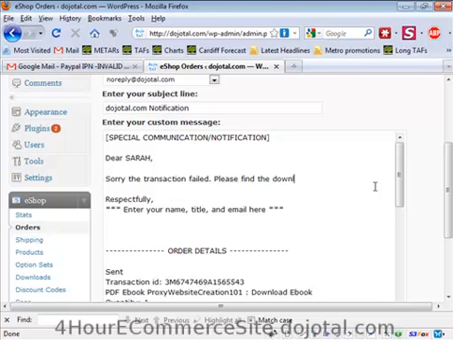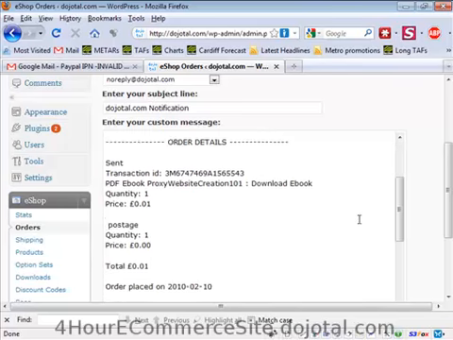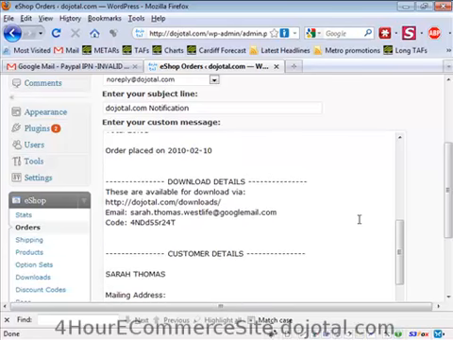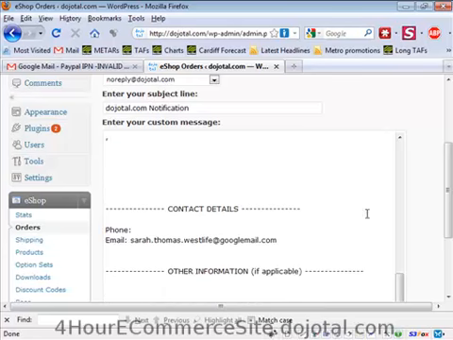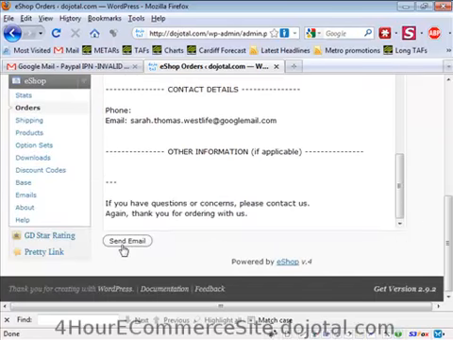Please find the download details below. And enter your name there. And underneath in this email, it actually gives the download details for someone to pick up that product. So if that's sent, you click on the send email,